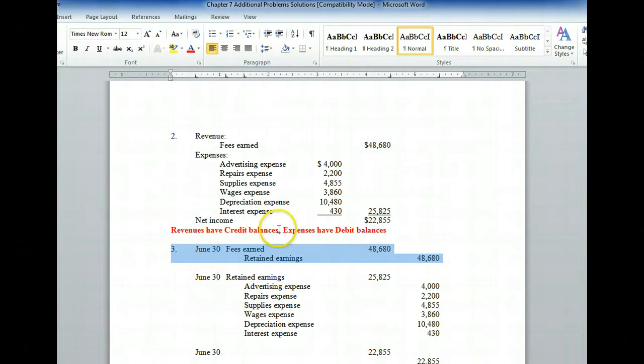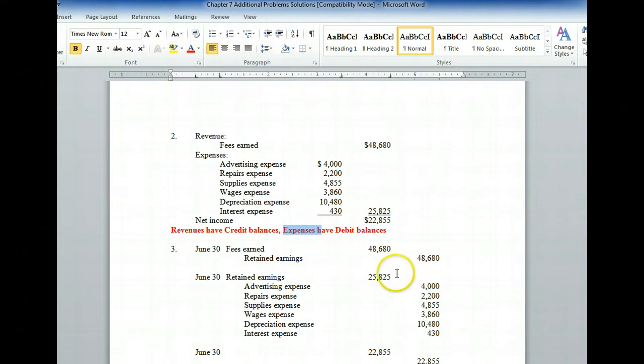So now we're going to close the expenses. Remember, expenses have debit balances. So in order to get them to zero, we need to credit all the expense balances from the ledger, and then retained earnings holds that balance. Just remember here that these are journal entries, much like our regular journal entries, our adjusting entries, our closing entries. These are going to get posted to the ledger, and when we do that, it's going to set all of our revenue and expense accounts to zero. Retained earnings is going to hold